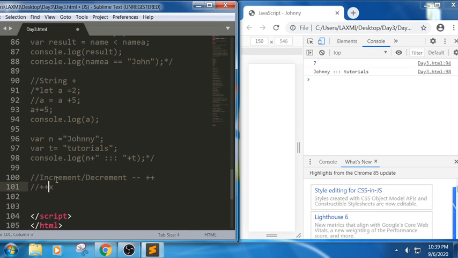I'm just writing the syntax so that you will understand. Whenever you use x plus plus, it will return x first and then increment. Whenever I write plus plus x, it will increment first and then return x.